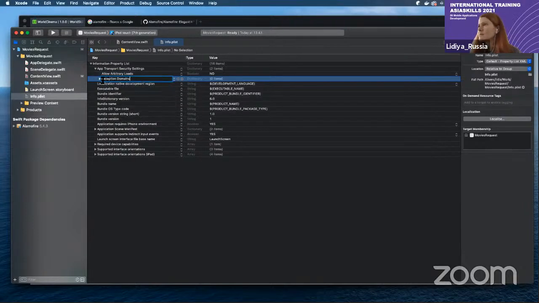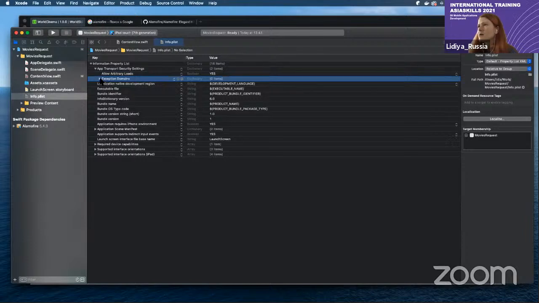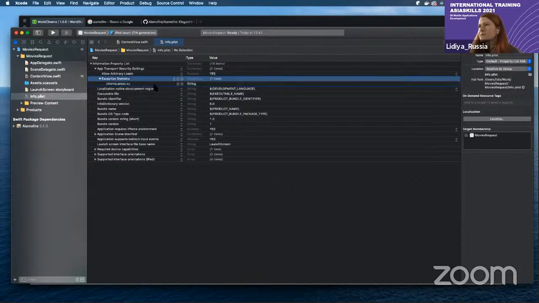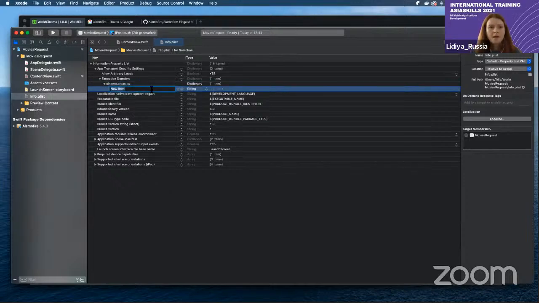Exception domains. In this, of course, here should be yes. Exception domains. I add my domain, cinema rs.su, su, of course, and here I should have a dictionary, and for this domain I want to add two Boolean flags,